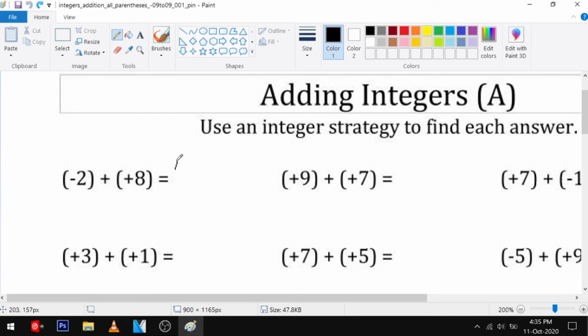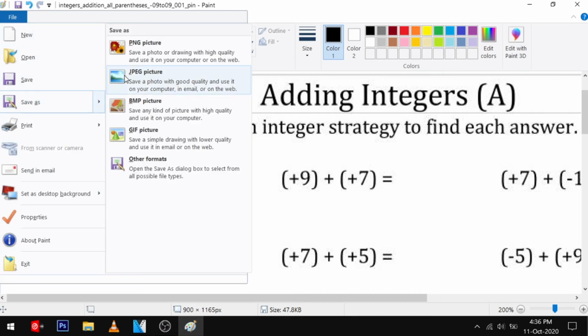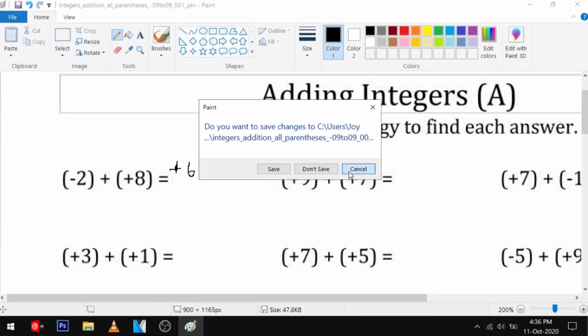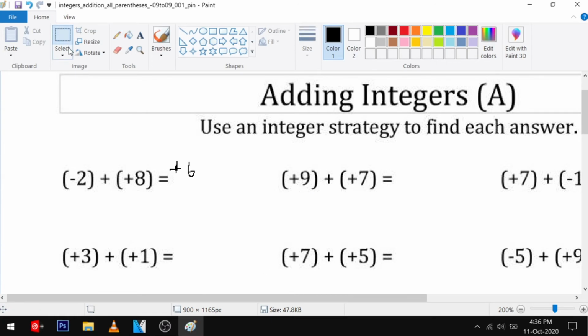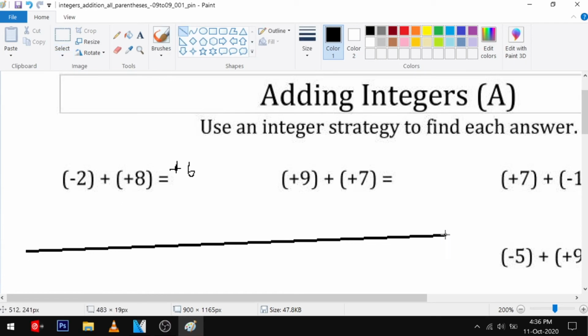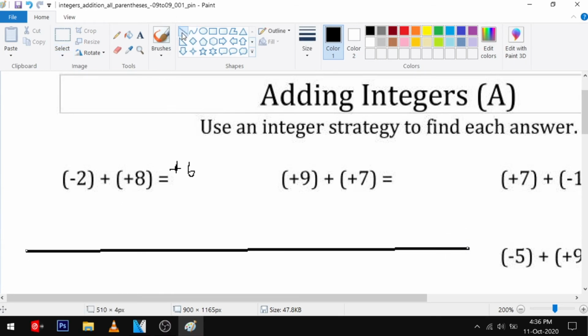All right, +6. Let me use another one. All right. Let me just wipe this out, and then we could work on that one. The next one is +9 plus +7. So I have 1, 2, 3, 4, 5, 6, 7, 8, 9, 10, 11, 12, 13, 14, 15,